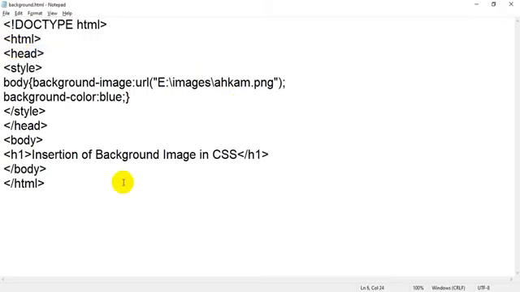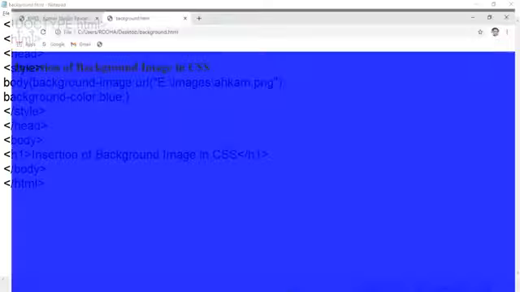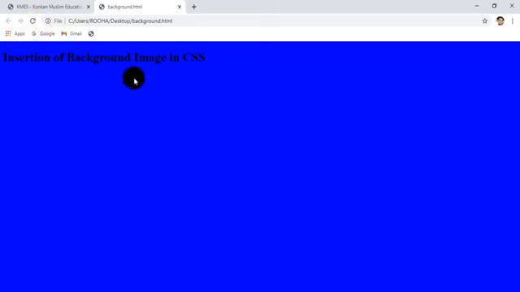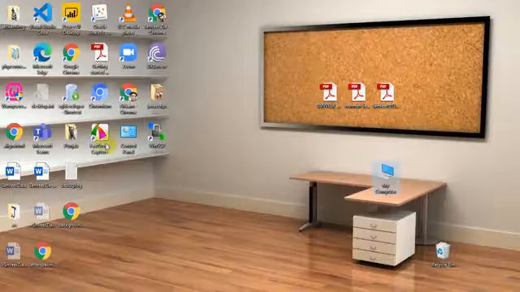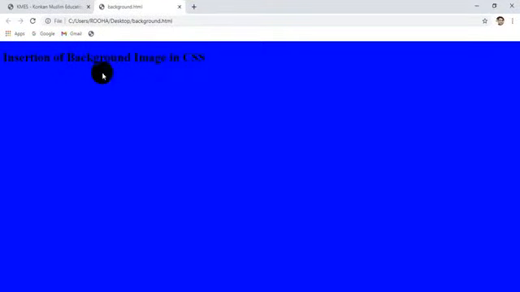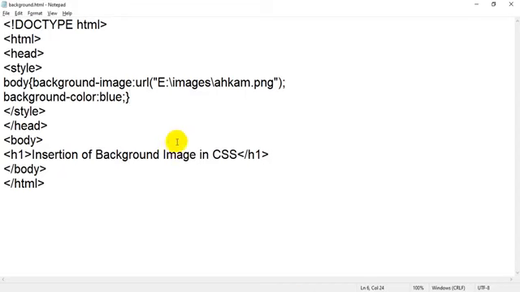okay, now when I refresh the file, you will not get the image. Again, just try to understand. When I refresh the page, you will not find any image in the background. Why? I will tell you. I just want to close this and show you. Double click on that, then again the same page. If you refresh, no. Again, I have added the full address E images acom.png.